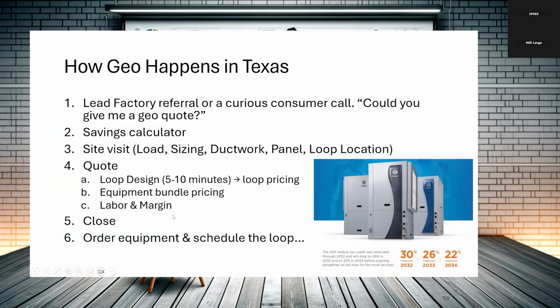How does it happen in Texas? I mean, how does it go from 0 to 60? Where does it begin? There may be a homeowner on this call who's curious or saw a YouTube video or heard about it on the radio or watched something on TV. Well, whatever the case may be, they're probably going to call somebody and say, can you give me a quote? That's where it starts. It says lead factory up there in number 1. That's just something my company has, what we call a lead factory, where we process leads out to our participating dealers. And I guess the first step after that would be a savings calculator look, and then a site visit where you kind of get a feel for the existing house, or maybe even the house that's about to go in,